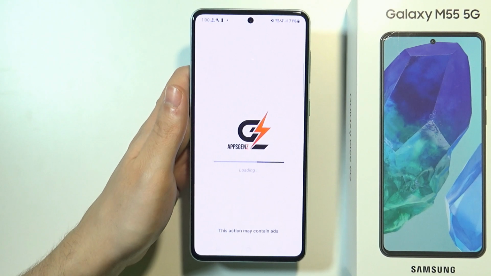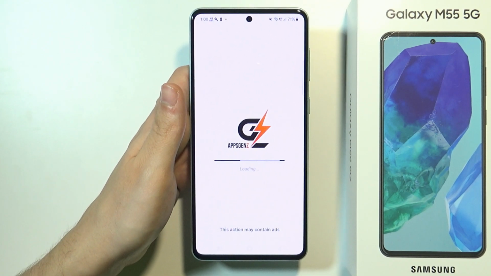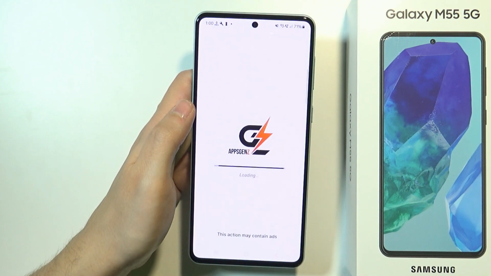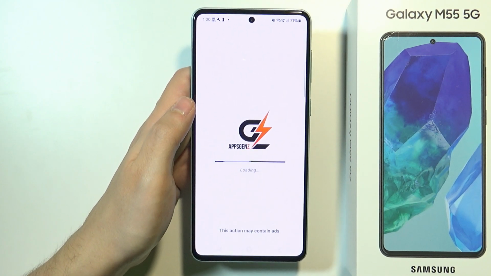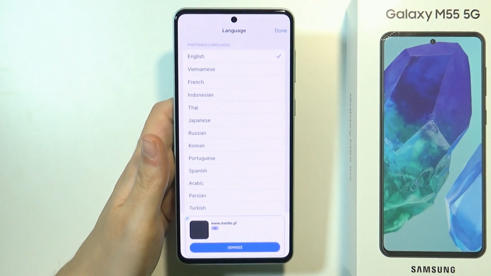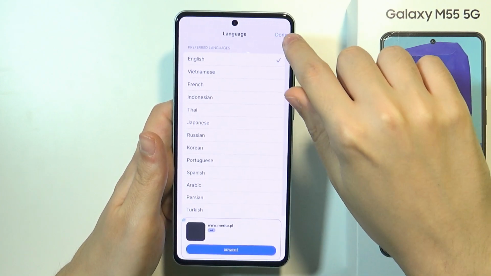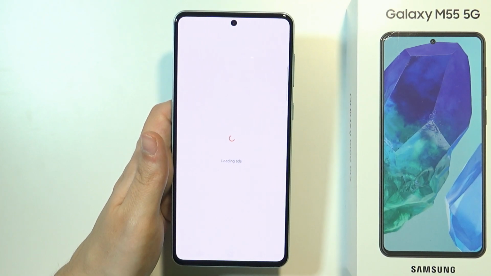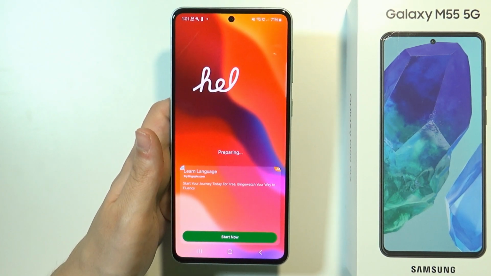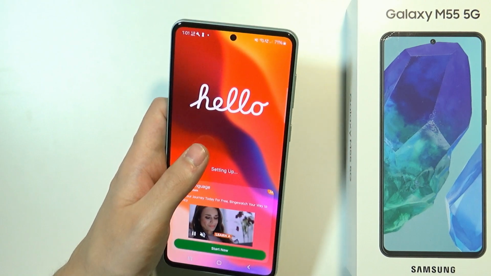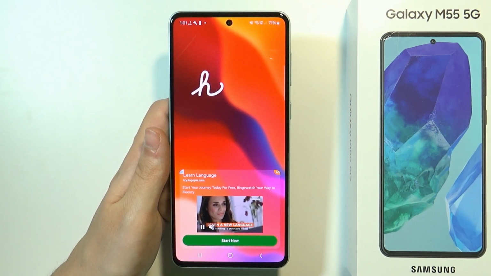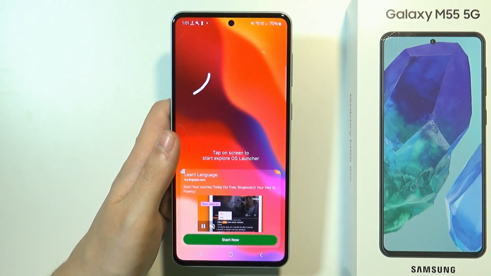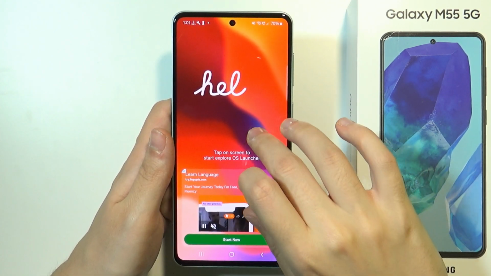Once we install it, press open. Now let's wait a couple of seconds. Let's consent over here. Now we can select the preferred language and then press done. Let's continue. And then there we go. We should have our iOS launcher on our Samsung Galaxy M55 5G, but now let's tap on screen to start